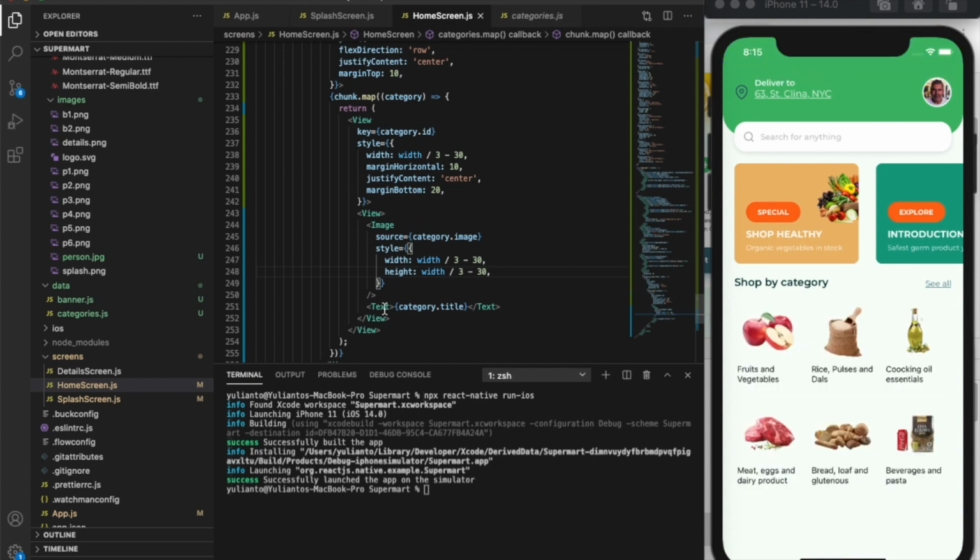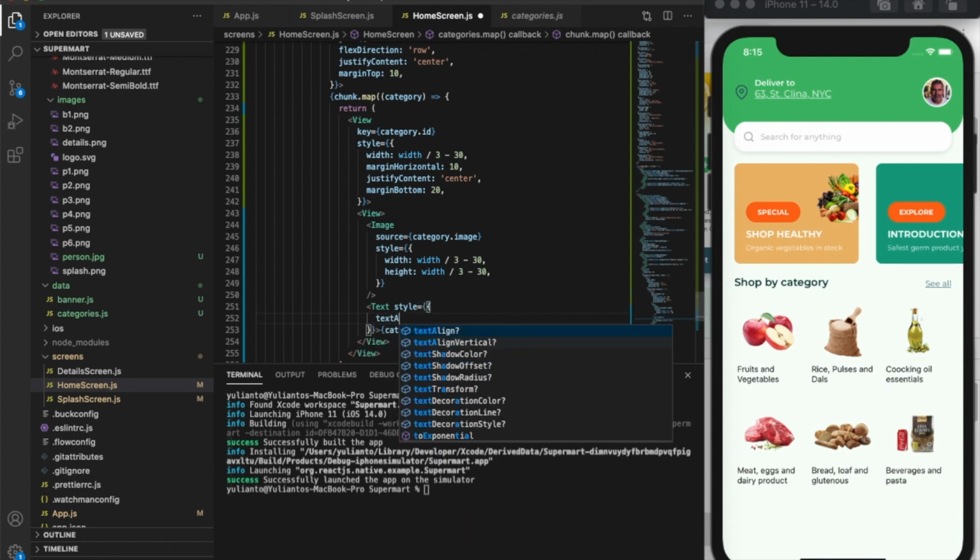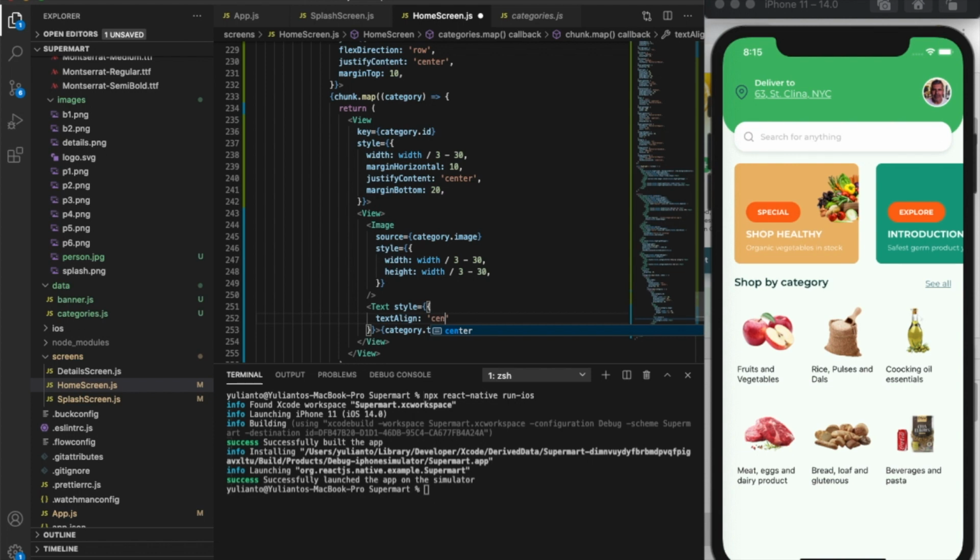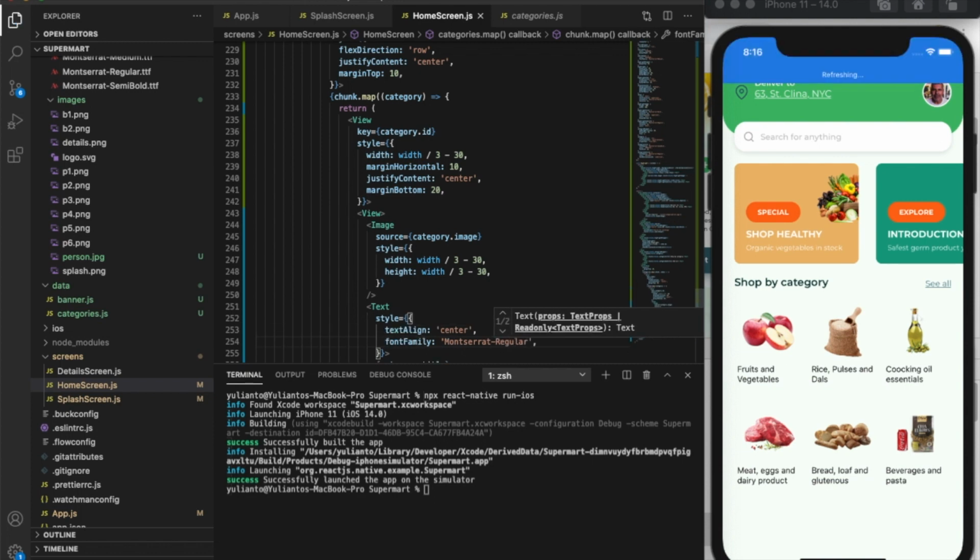Okay, and this, text align will be center, and the font family Montserrat regular. Okay,